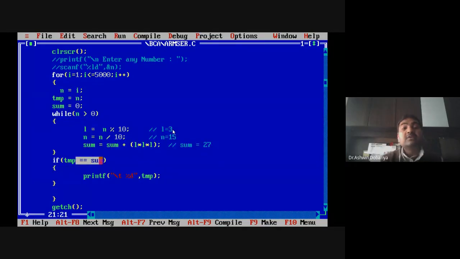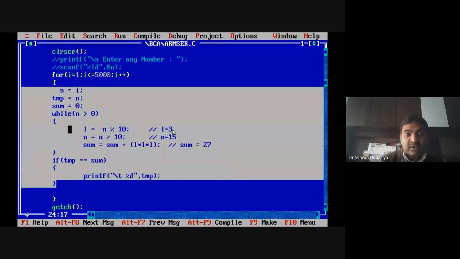In that way it executes 5,000 times. So in that way you can create a series of any numbers. Only 99% of the logic is the same. Only this logic we have kept within the for loop.